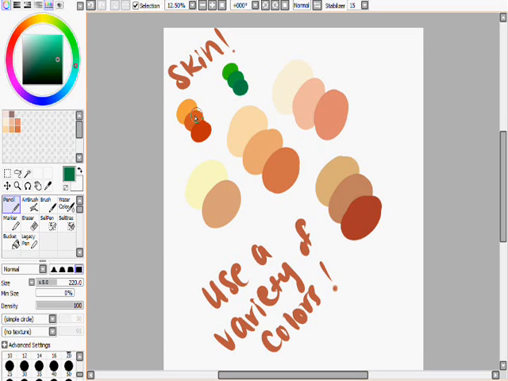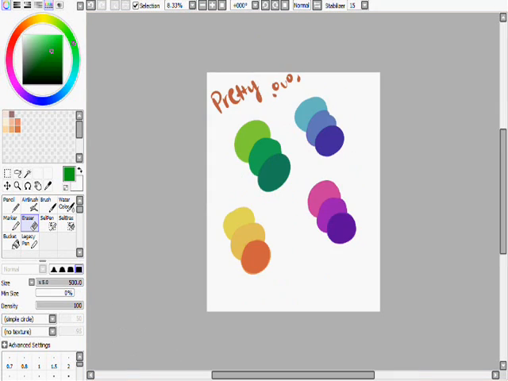But yeah, you can kind of get what I'm going at here. Just always move to the darker side, and when you want to highlight, move to the lighter side. And then move up diagonally instead. Okay? Now that I've taught you guys a little bit about how to find these shading colors, we can move over to here,